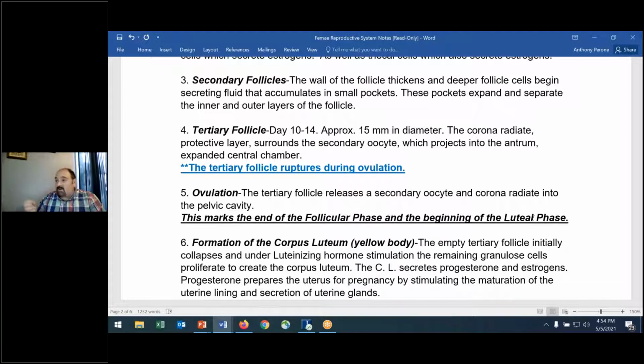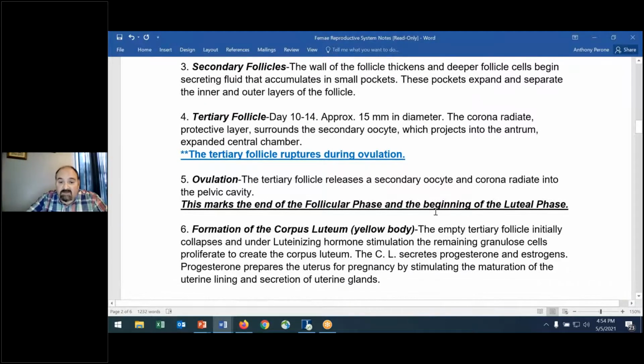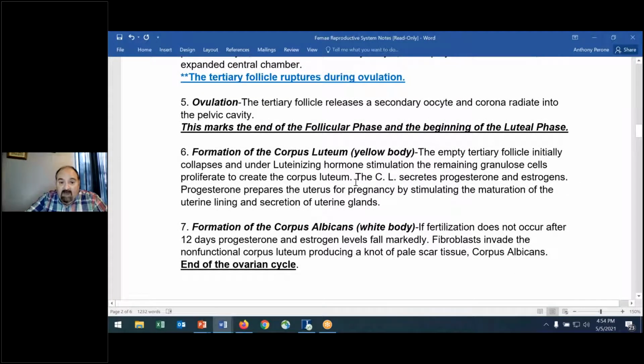And then once the egg has left, all you're left with is the corpus luteum, which will eventually become the corpus albicans. So remember these terms: luteum, albicans, yellow body, white body. The white body is just the scar tissue that's left, right? But again, I'm not going to go back to the picture right now, but you have to think of that image and what's taking place in the follicular and the luteal phase, the different phases and what's going on as far as the ovary and the egg are concerned, okay?